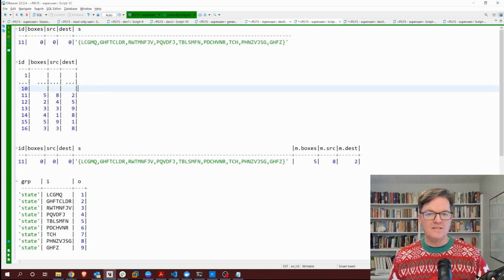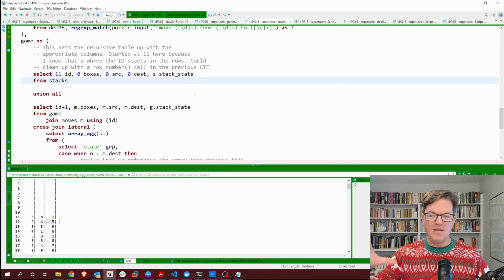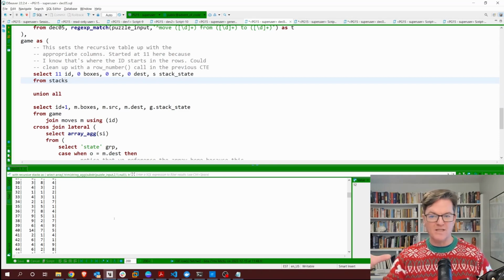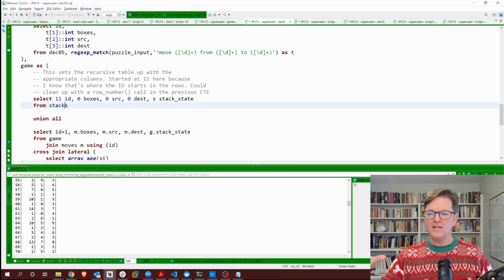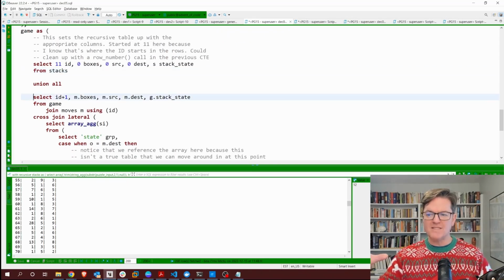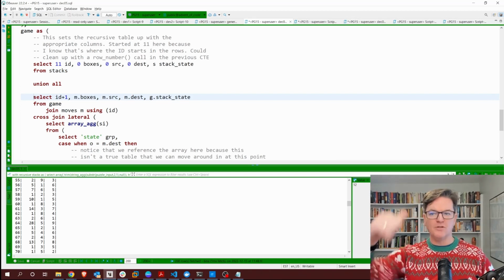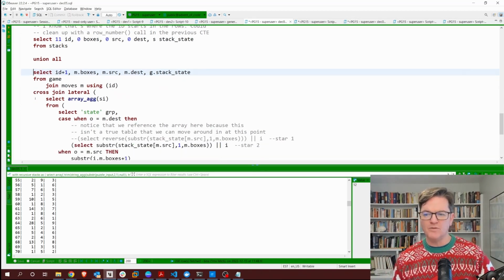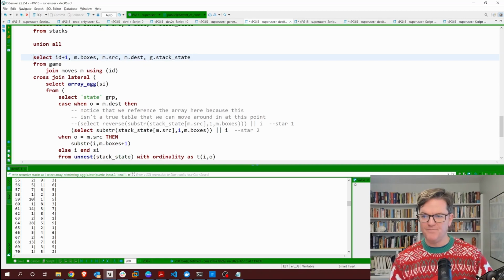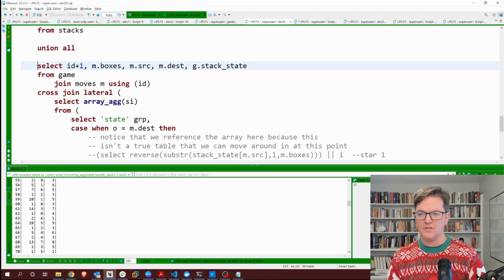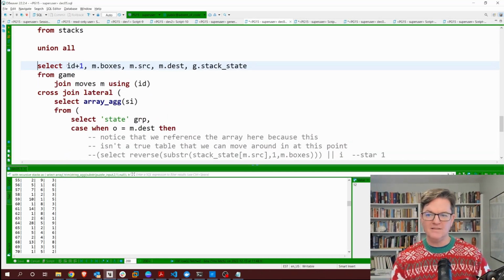Now I join it to the other table of moves. And you can see this moves table has lots and lots of rows, right? So I'm going to join it. This is my second query. So it gets that first row out, great. Now it goes to the second row, and here's my select statement, right? I'm going to bump this up just so I can really show you. I'm selecting